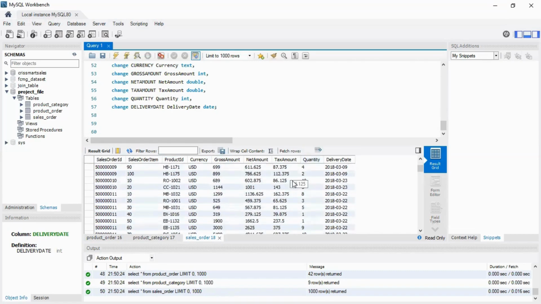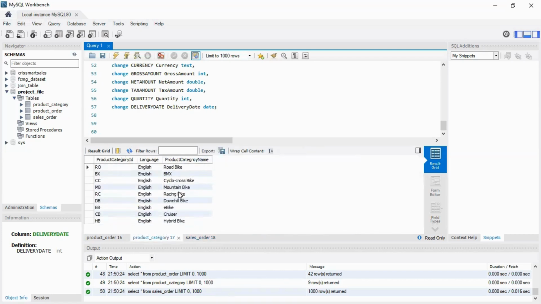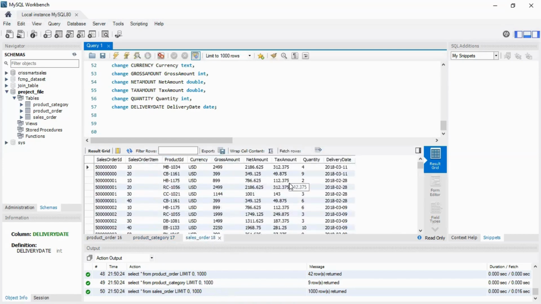So if you keep going now, you see that some of this quantity belongs to each of these product category. So it means that you have to join these two tables together for you to be able to solve that number one problem. You can do all of this in Power BI, but the reason why it's an SQL problem is that you have to solve it in SQL, then move only the data you need. You don't need to move all of this data, just carry all of them like this and put inside Power BI and start doing. No, each of these questions, you solve each one and carry only that script to Power BI